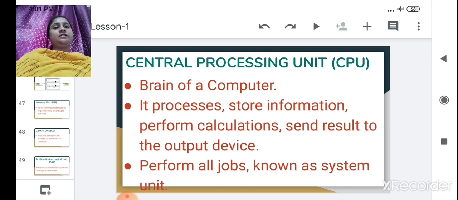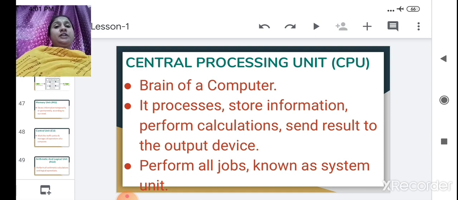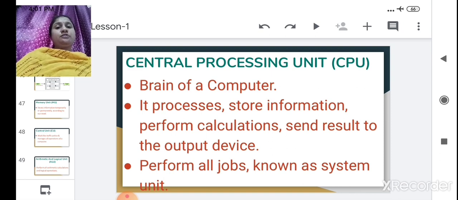The same way, the CPU plays a very important role in a computer system. The CPU is the brain of the computer. It processes stored information, performs calculations, and sends results to the output device.